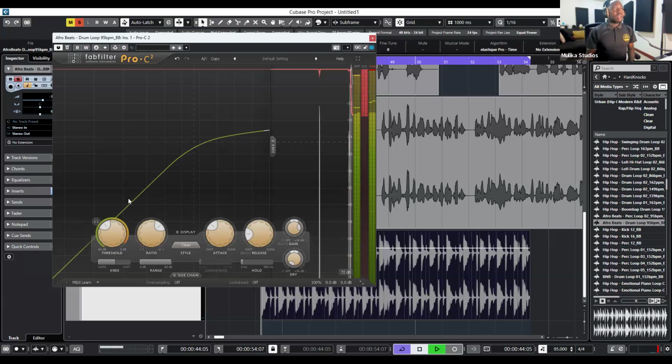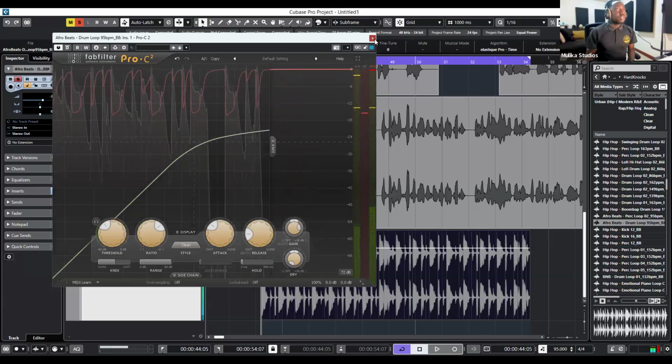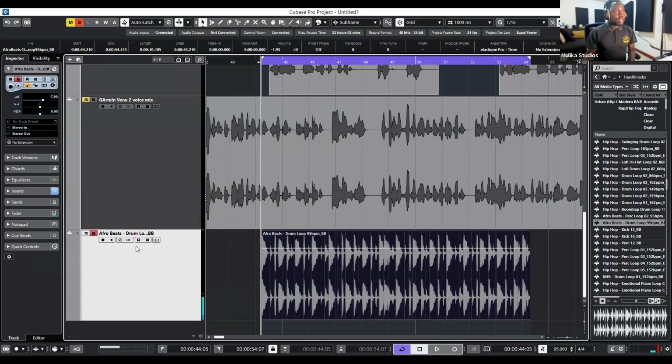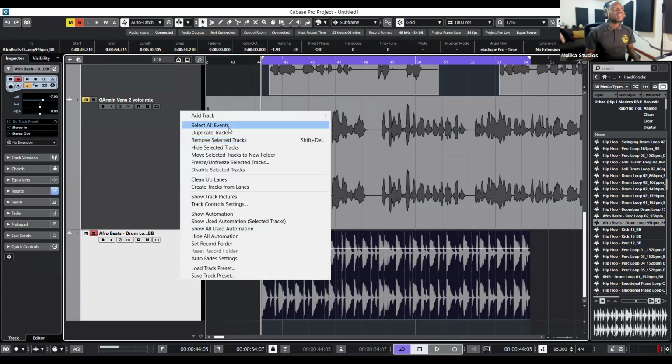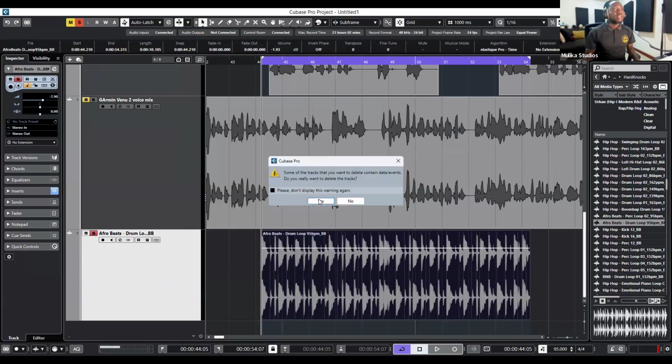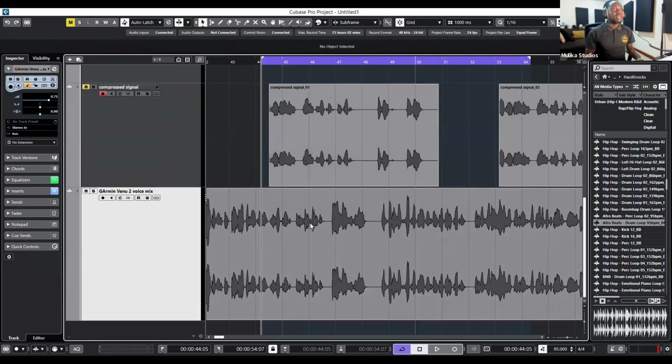So yeah, so that is compression. And if I want to do crazy compression like that, I can overly compress, where I take the dynamic range off, and then layer that with something else that has dynamic range. Like for example,